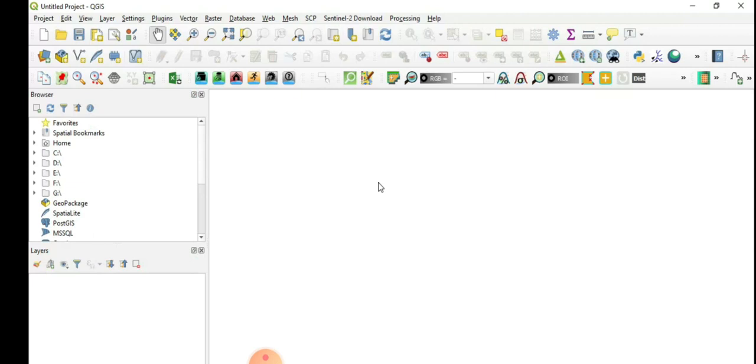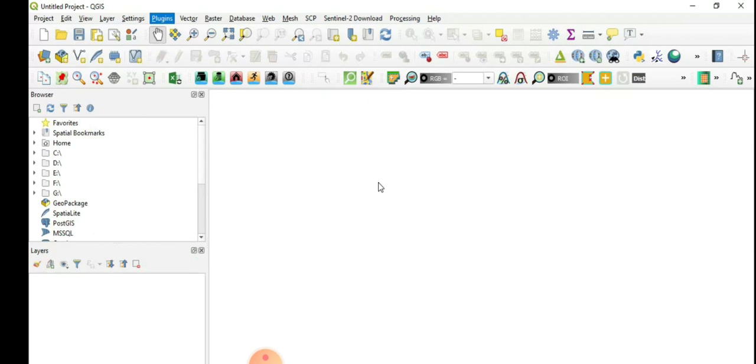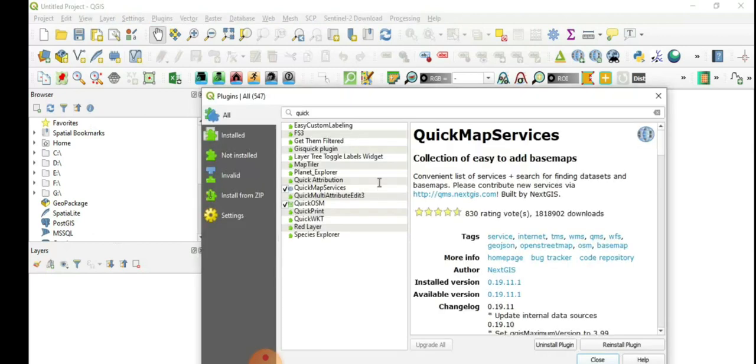So I have the QGIS interface opened up on my screen. First I'll show you how to georeference. Let's go to the plugin menu first, go to manage and install plugins, and check that the georeferencer plugin is available.